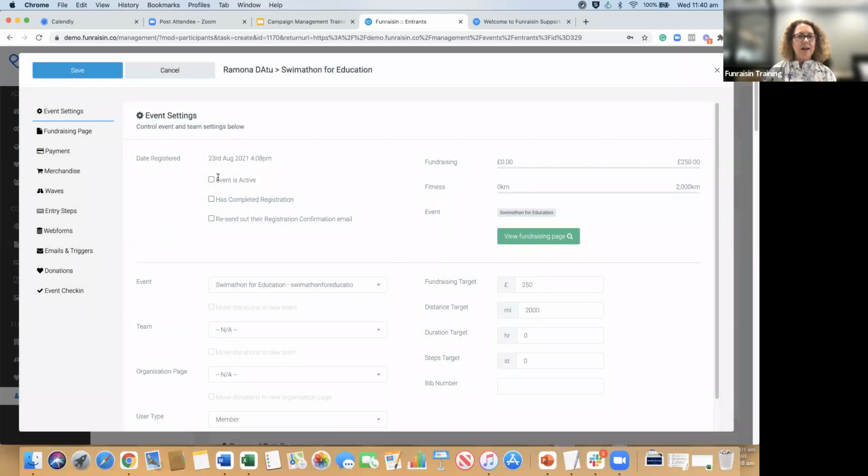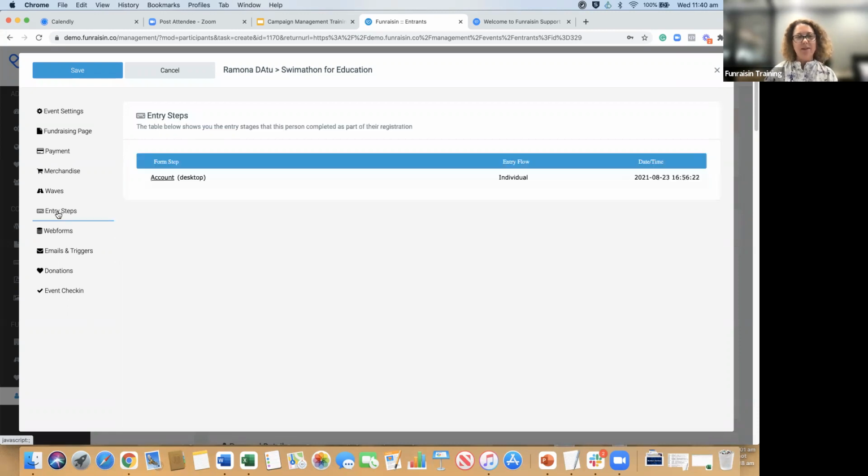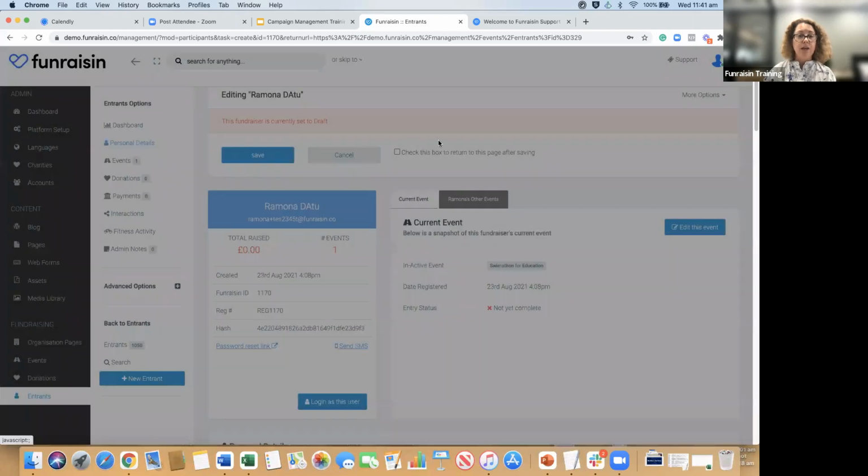I can see here that Ramona hasn't completed, but what I can see over here in this left-hand column is the entry steps that that person has completed. So if I click on there, I can see that Ramona has only gone through the create account step. The first one's create account, maybe the next one is create your page, the third one might be join a team, and the fourth one might be make a personal donation, depending on how your event's